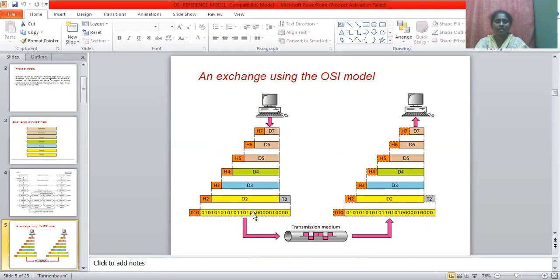Next, at the physical layer, we have digital data that is in the form of ones and zeros. So at the sender side, this digital data is being transferred through some transmission medium. It is converted into electrical signals and it is given to the receiver side. And at the receiver side, the electrical signals are converted back to digital form and they are transported to the above layers.